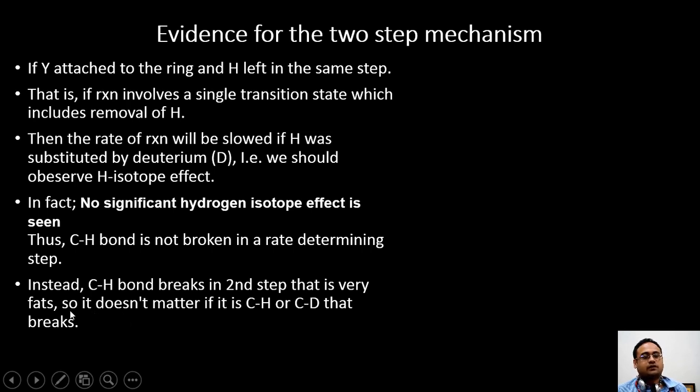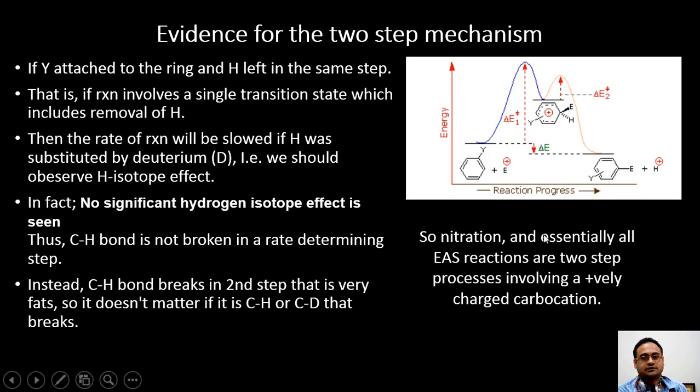And because it is very fast, it doesn't matter whether it is the CH bond that is breaking or the CD bond that is breaking. So nitration and essentially most of the other electrophilic aromatic substitutions are a two-step process which involve a positively charged carbon atom or carbocation. So let us move on and try to understand the mechanism of other electrophilic aromatic